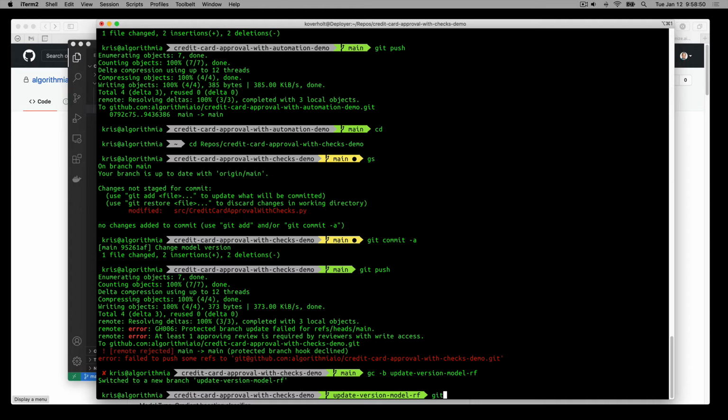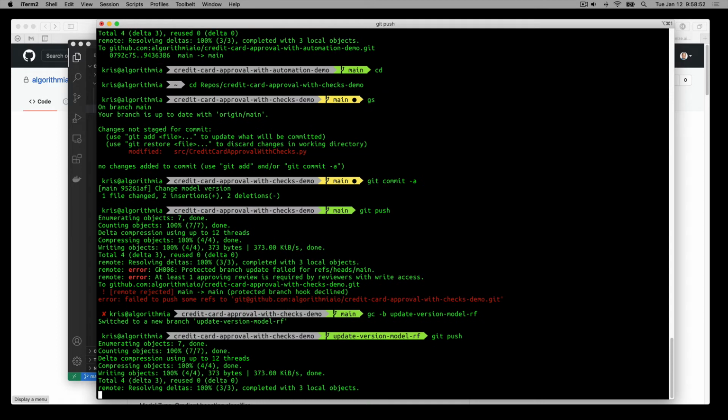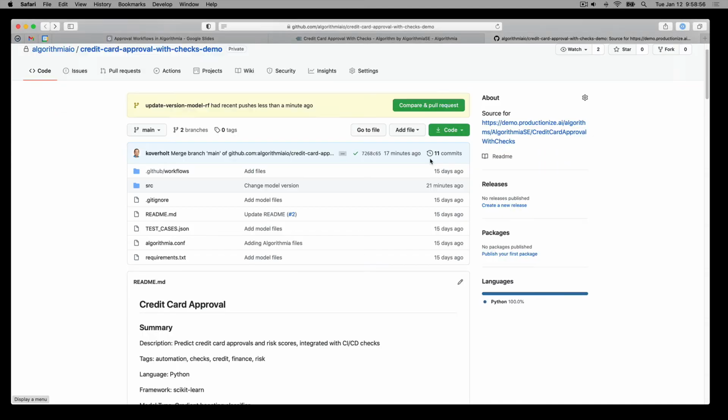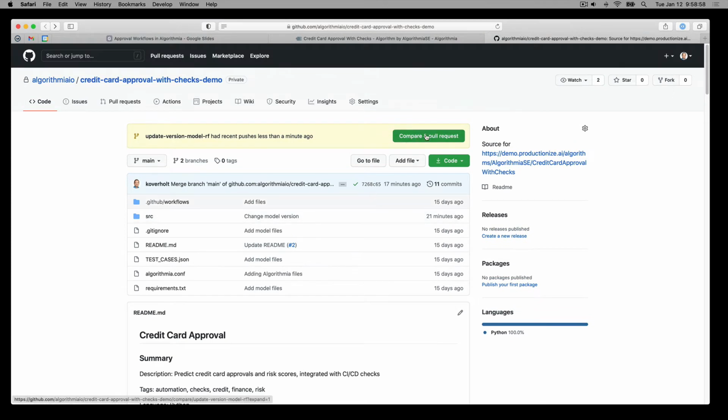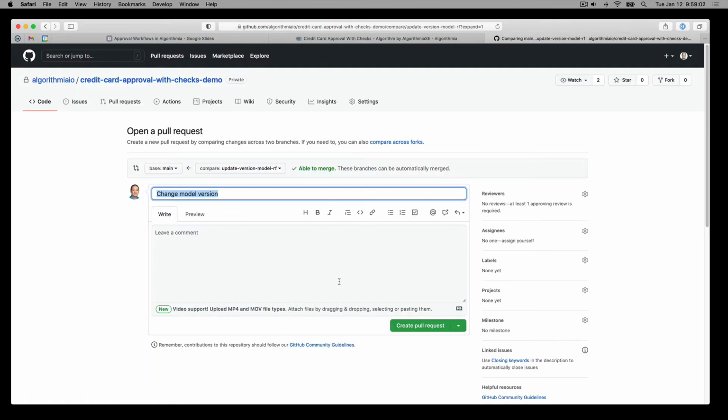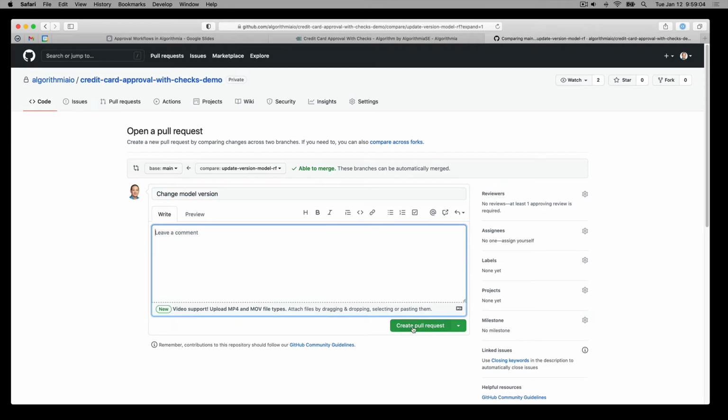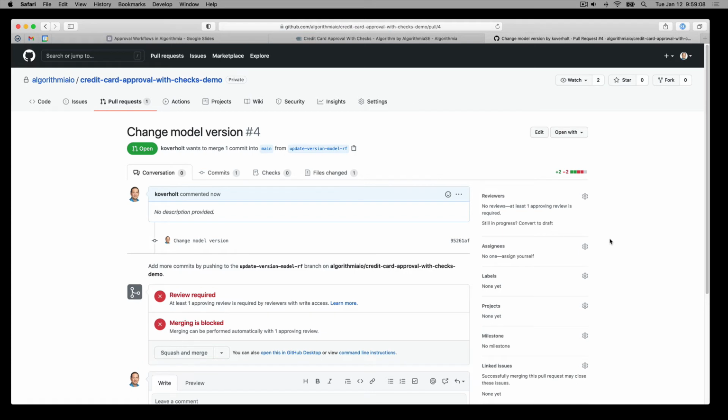So now I'm going to do a git push, and now it should push my changes to a branch on this repository. So let's take a look at that, and there are our changes. I'll go ahead and create a pull request, and let's go ahead and do that. So now I've created a pull request. This is all happening on the version control side now before this can be built and published as a new